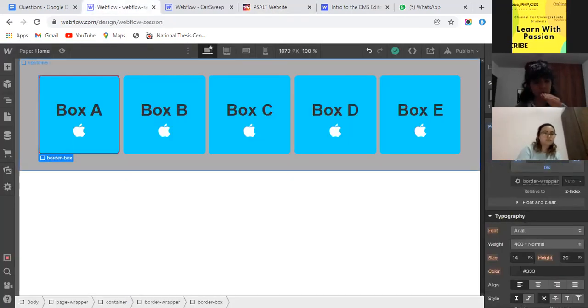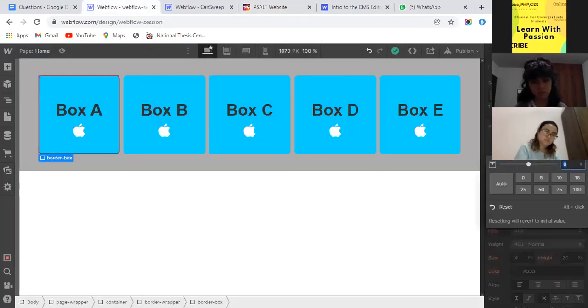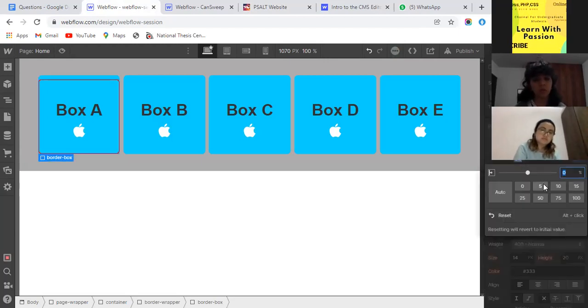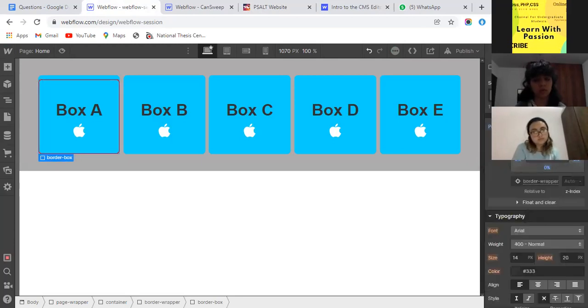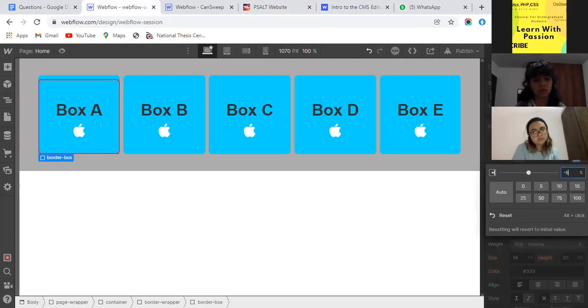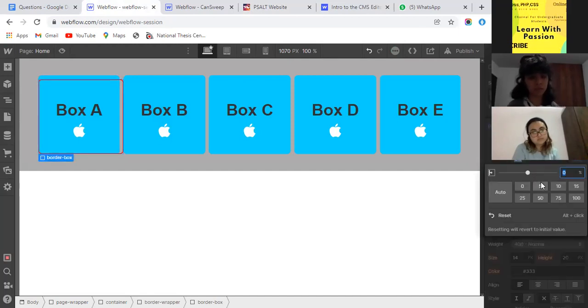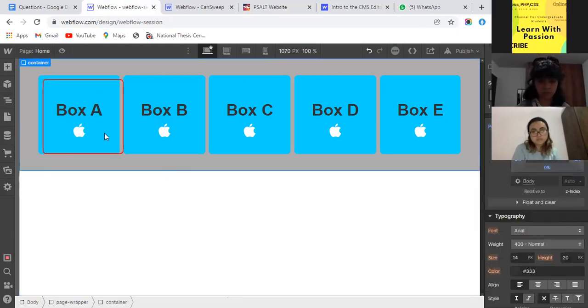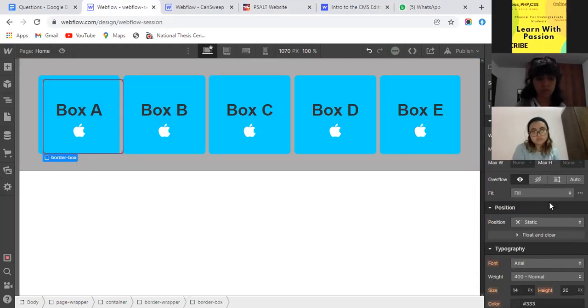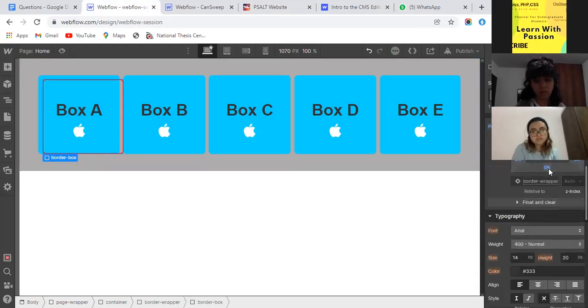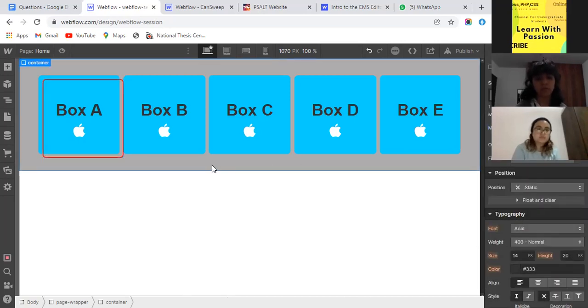From here we can control it, like minus 5%, and from here we define it as minus 5%. It will be controlled something like this. I think it's clear.